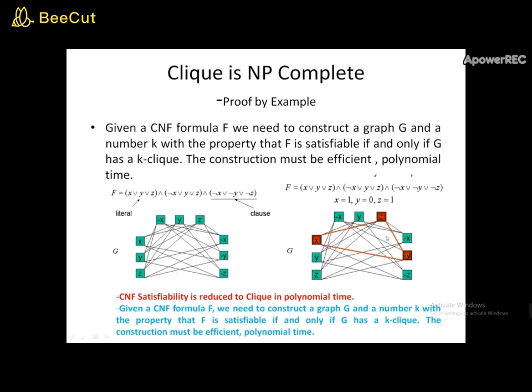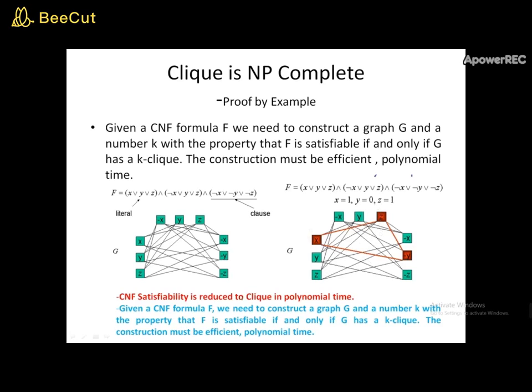If you ask me whether this is satisfied, yes, for the input of 1, 0 and 1, I get the value of f equal to 1. So this is an NP complete problem, as is the CNF satisfiability problem. Now how is this reduced to a clique problem? It is by saying that this graph has a k clique, k equal to 3, because 3 vertices can be joined together. That is what is called a 3 clique.